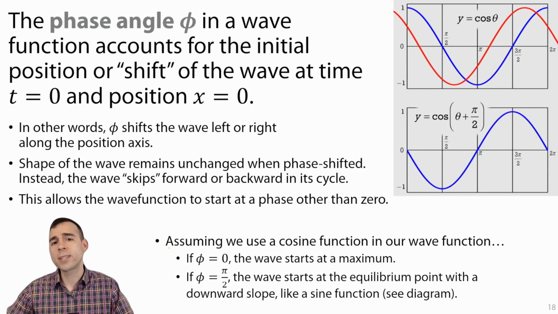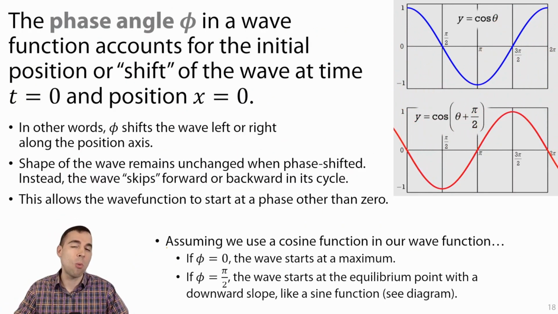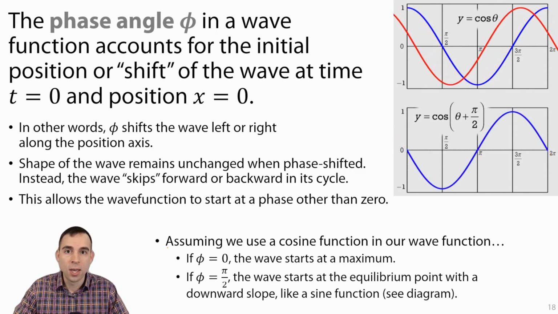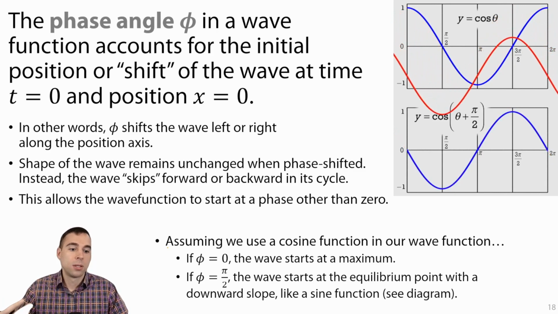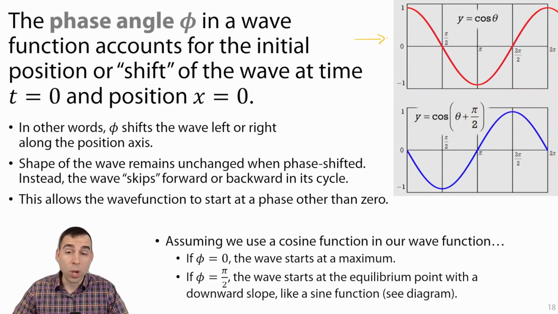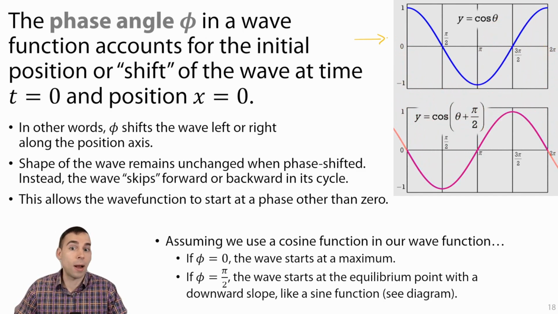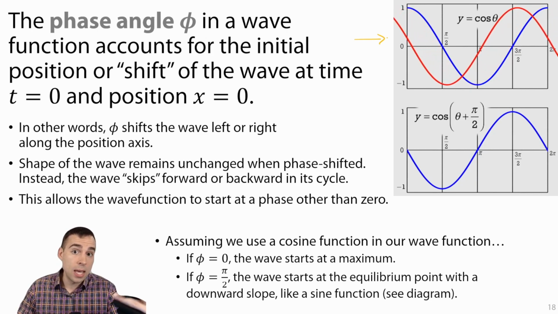Phi is known as the phase angle. And this basically defines how much the wave is shifted from its starting position. If you had a standard cosine wave like you see up here in the top, we would say that it starts at a maximum. But if we were to let that wave travel for a little bit or oscillate through its cycle a little bit, we would see that it could